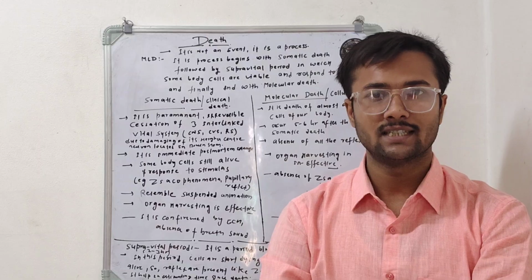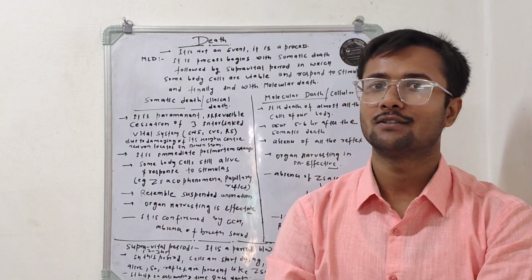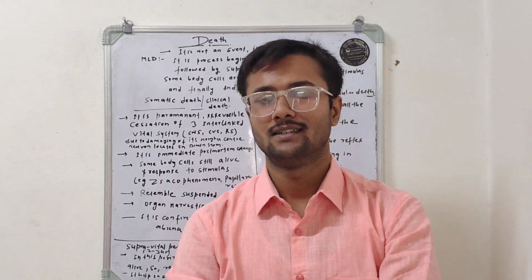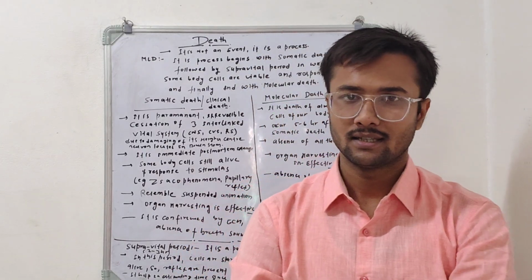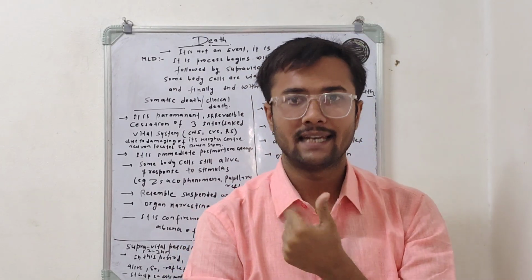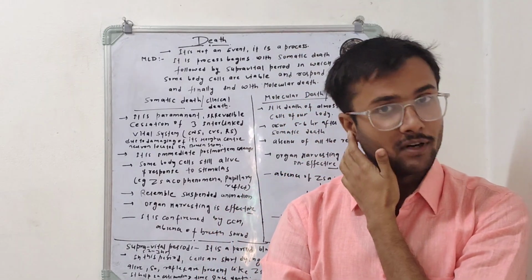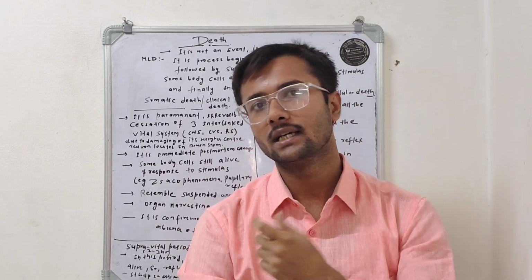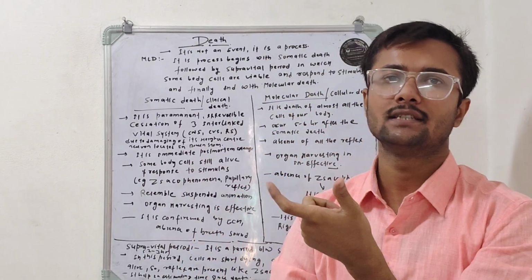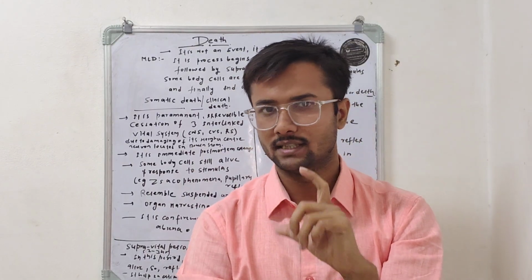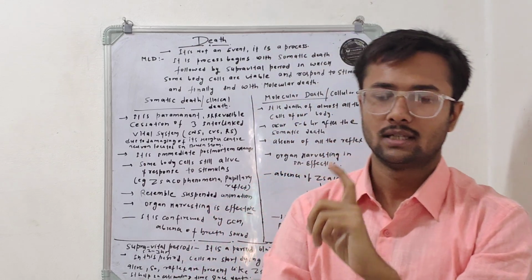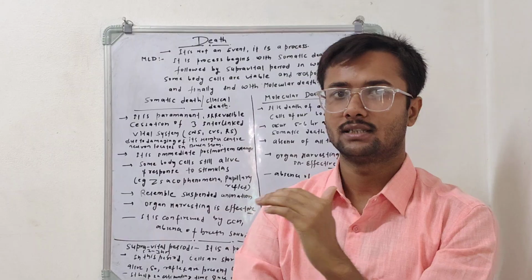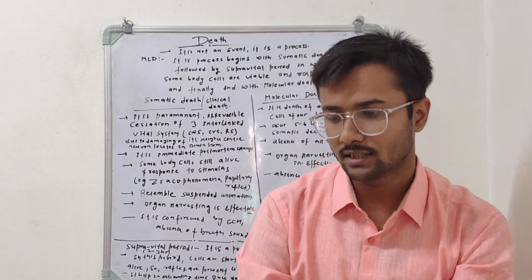And today's session, I'm going to discuss a very important topic of forensic medicine, and the name of the topic is death. So, first we try to understand death is not an event; it is a process. Sir, what is the difference between an event and a process? Let's see. Events mean any instantaneous changes, or changes that occur at a particular time, but a process is not an instantaneous change. It is a change that occurs in a sequence.